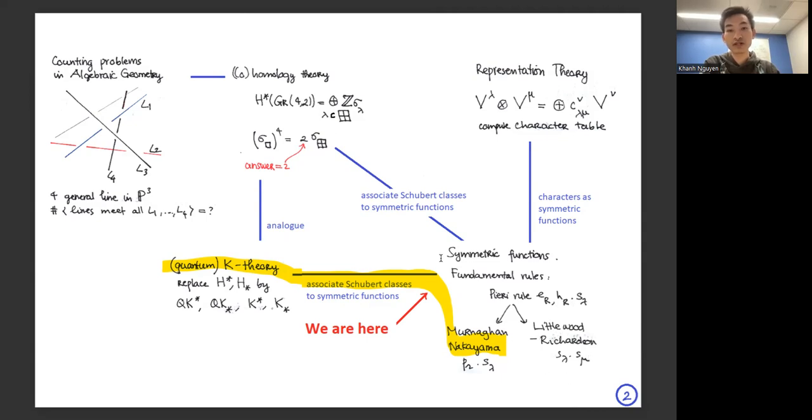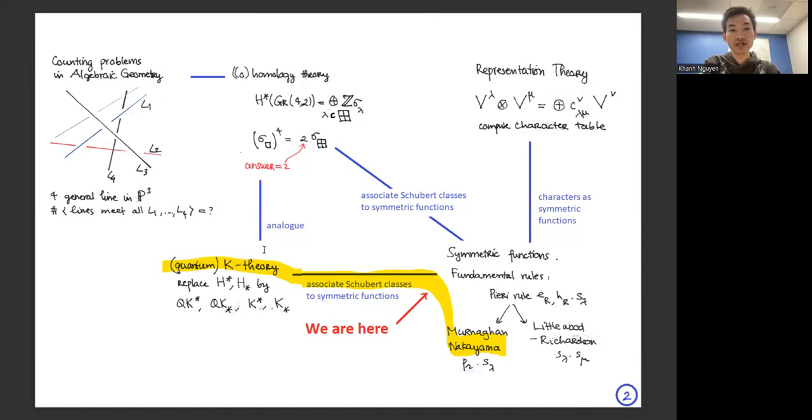for symmetric functions. And from this, we can compute sigma 1 to the power 4 equals 2 times sigma (2,2), with coefficient 2. And the coefficient appearing in this decomposition rule is exactly the counting number for this geometric problem. Now, similarly, we study the quantum K theory